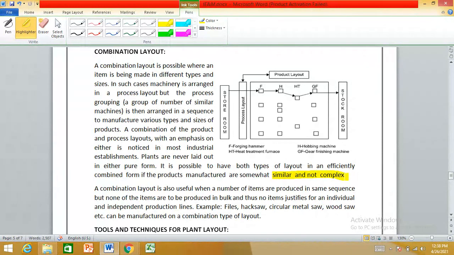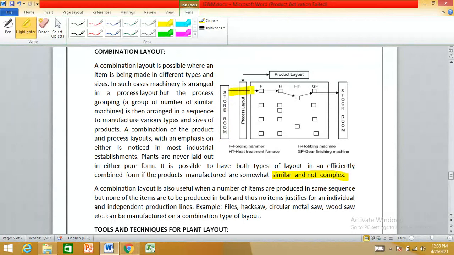If we produce different products and those are complex, we go for process layout. This is an example of a gear forming process where a gear is made. This is the storeroom where you will find the raw materials, means your inventory.